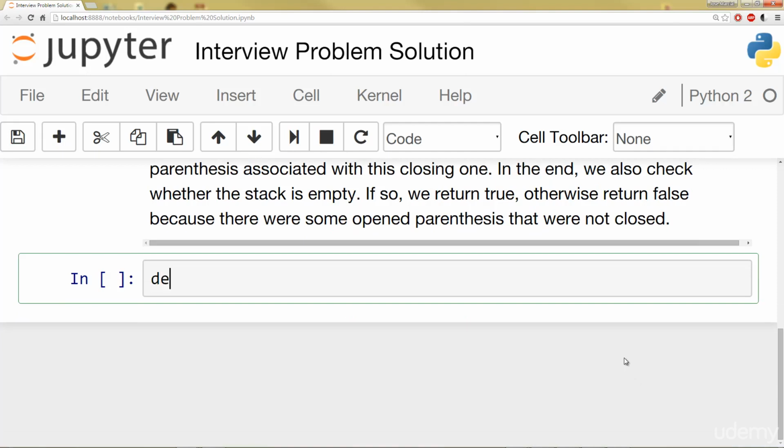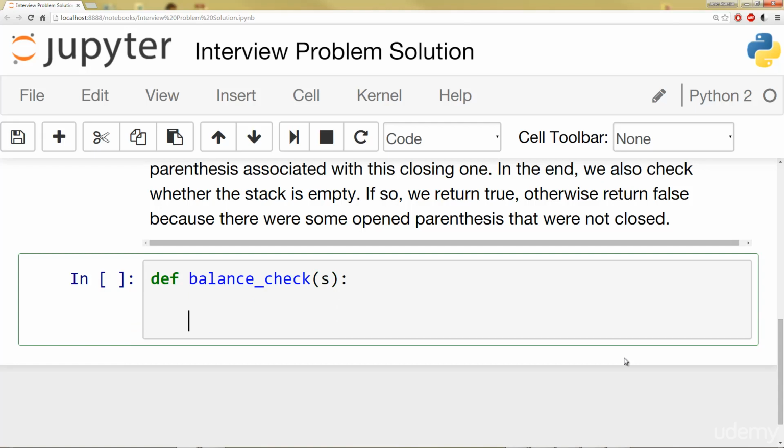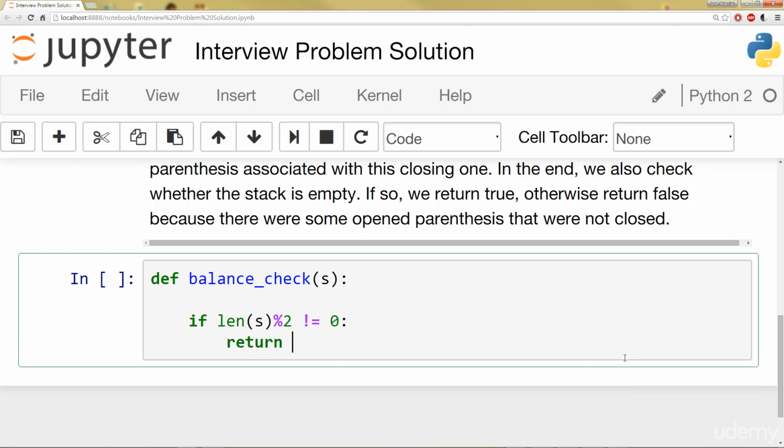Alright, so I'm going to go ahead and fill out that balance check function. It takes in a string. And the first thing we're going to do is just a quick edge case check. So we can already check that if there's an even number of brackets, we know we can continue on with the solution. Otherwise, if there's an odd number of brackets, we'll just return false, since that's going to be an impossible string to balance. So I'll say if the length of that string, s, mod 2 is not equal to 0, then I know we have an odd number of parentheses and I can just